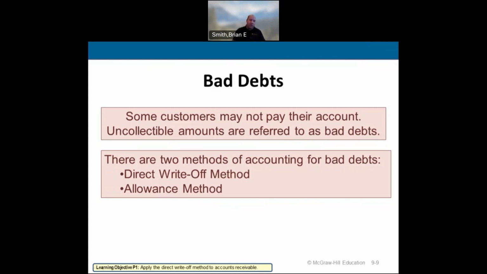Listen, any question asked of you, any problem given to you, if one of the options is the direct write-off method for bad debts expense, unless the question states that this is the one you'll use, you can immediately rule that one out as the correct method. It is never going to be one we are going to use.